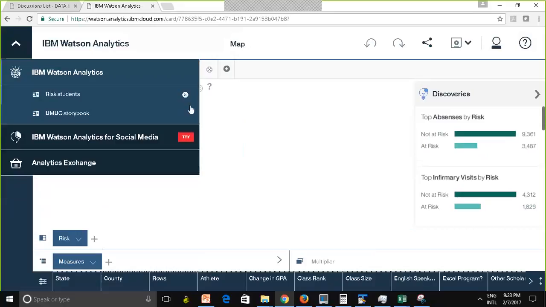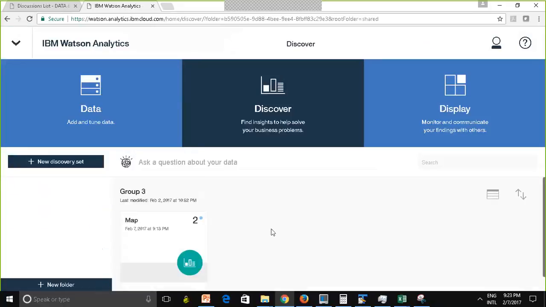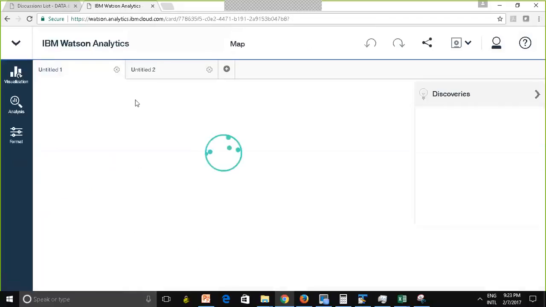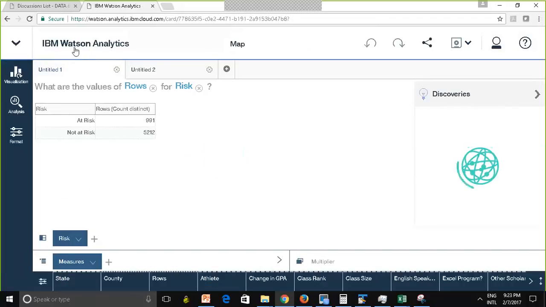Another thing, I forgot to mention it. Whenever you move something to your study group area, you need to close it. If the workbook is still open, it cannot be moved. So I open it. I have it open right here. Now I go back,